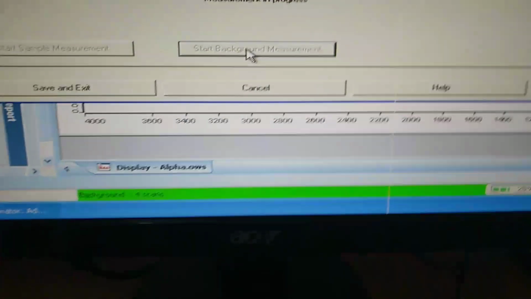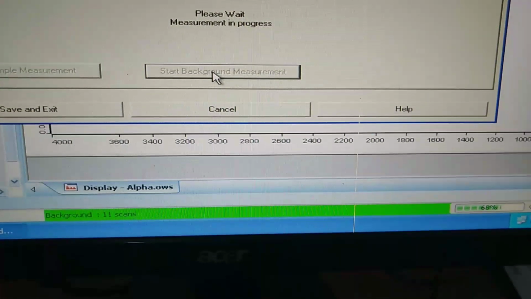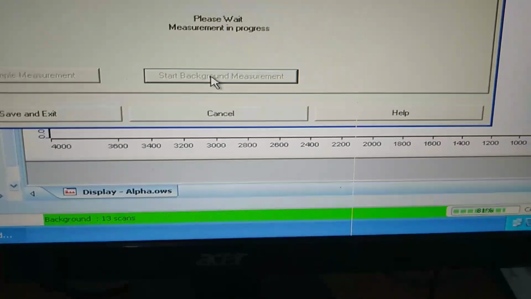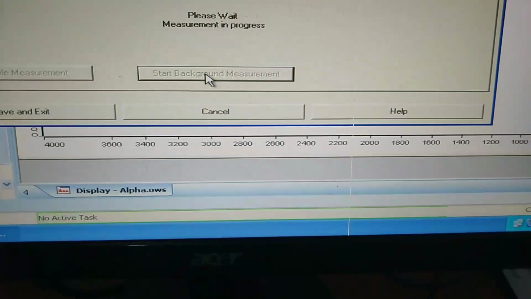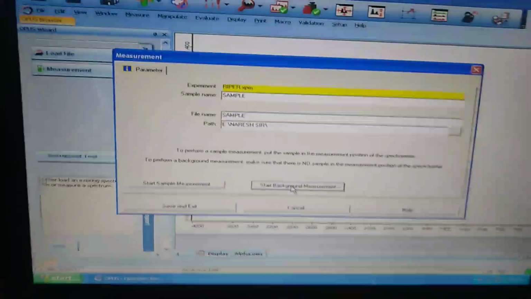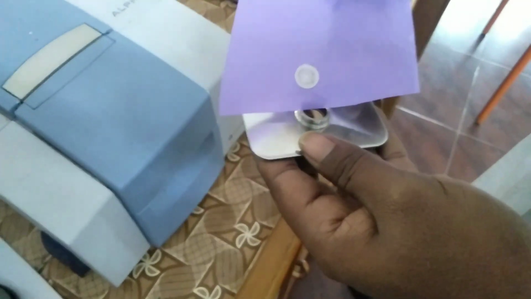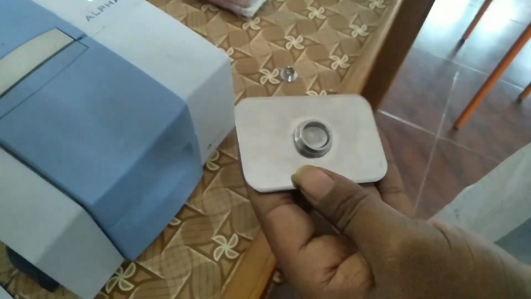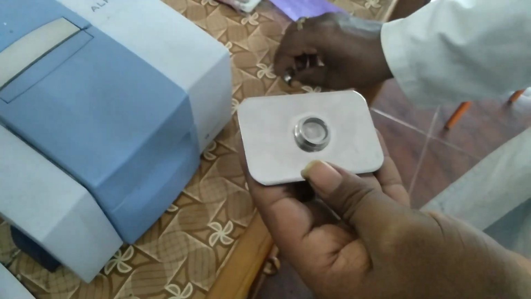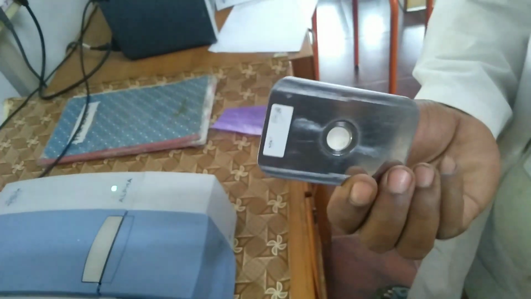Wait for the completion of 15 scans. We can observe green color that indicates the process is going on. Then place the sample pellet in the holder and fit it properly.